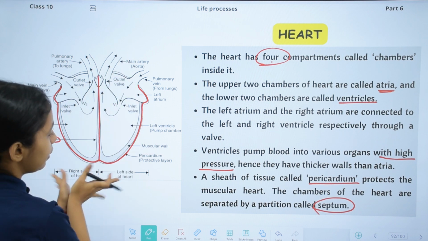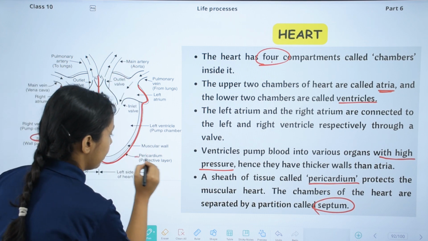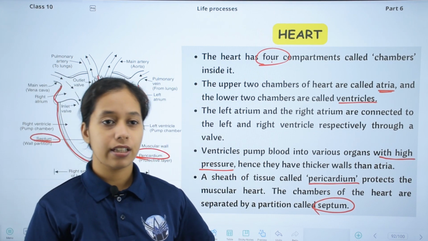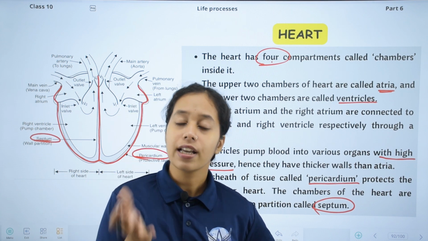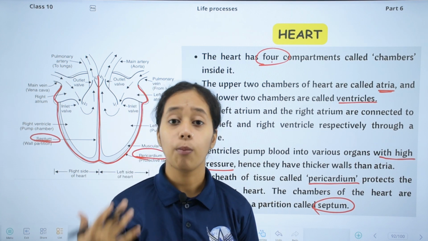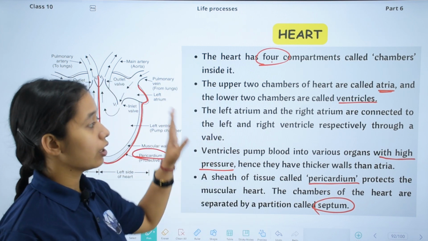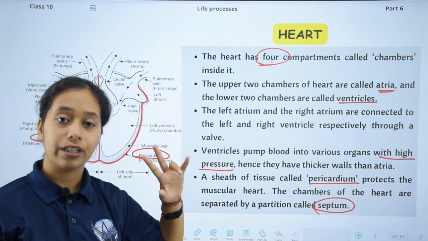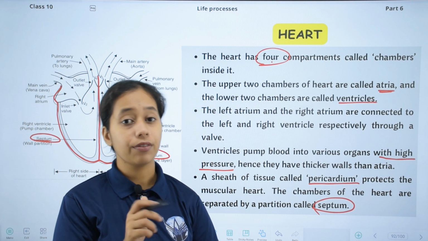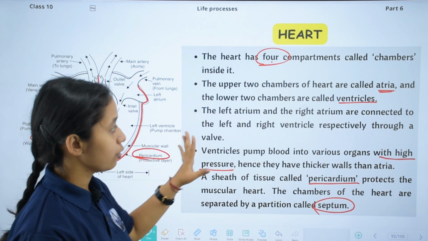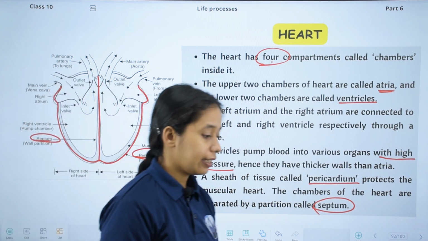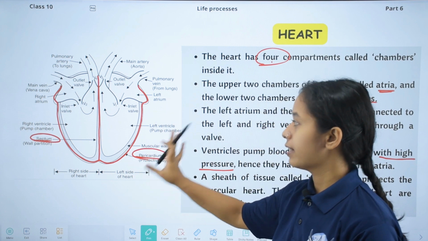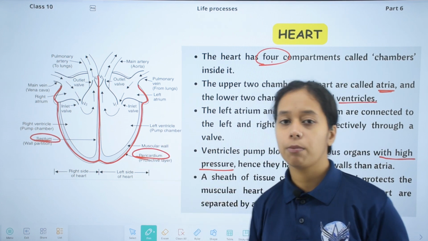One membrane, the protective layer, is the pericardium. The heart is muscular; there are no bones in the heart. If someone asks whether there are bones in the heart, then you will say that the heart is muscular and there are no bones. Whenever we are talking about arteries and veins, remember that we have two arteries and two veins, but in the heart's case we will be studying two. We will study arteries, veins and capillaries gradually, but first take a look at this diagram and the valves carefully. I will give you a moment.